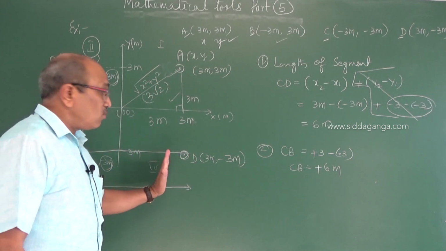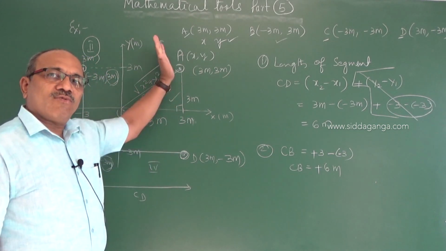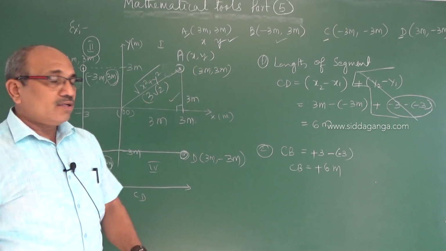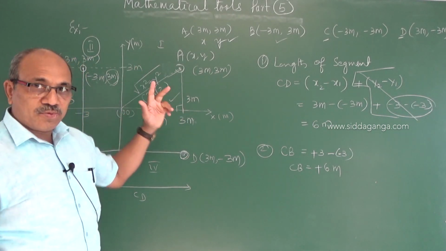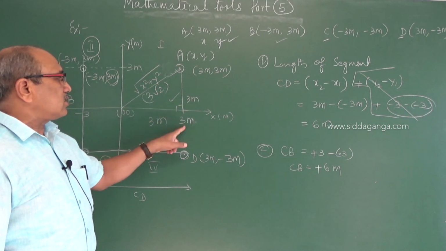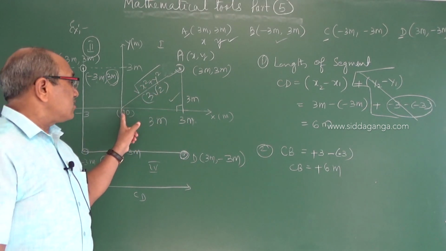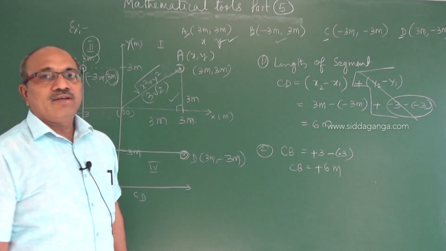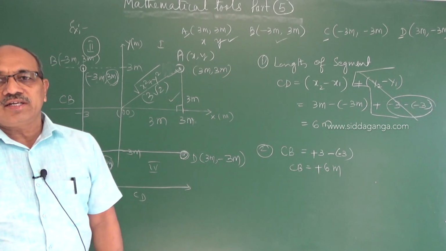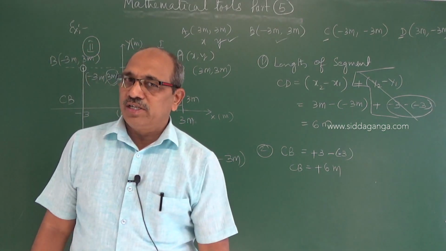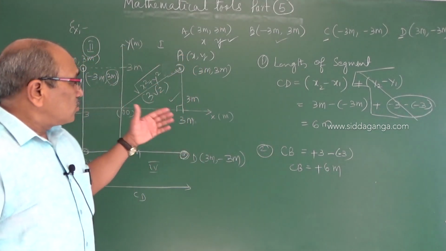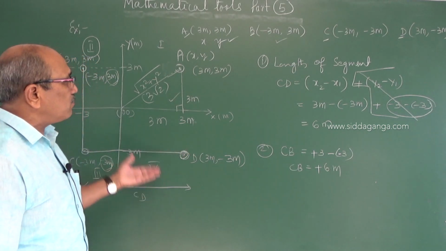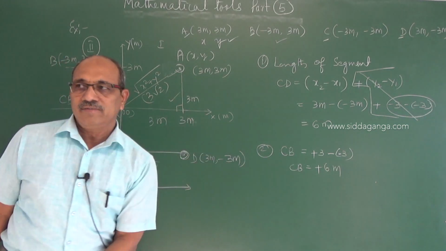Y cannot change, only along y, only measure the y axis, not consider the x axis, even though they gave the coordinates. If it is moving simultaneously changing both, then I have to use the Pythagoras relation in this case to find the distance covered. That length of the segment or displacement of the particle between the 2 points can be calculated using this coordinate geometry or graphical method. So with this also we can have some application. I will go to the second example. Before that, you note it down clearly.